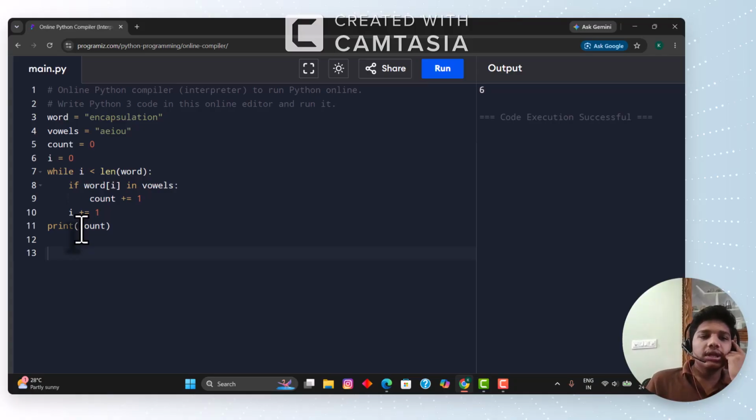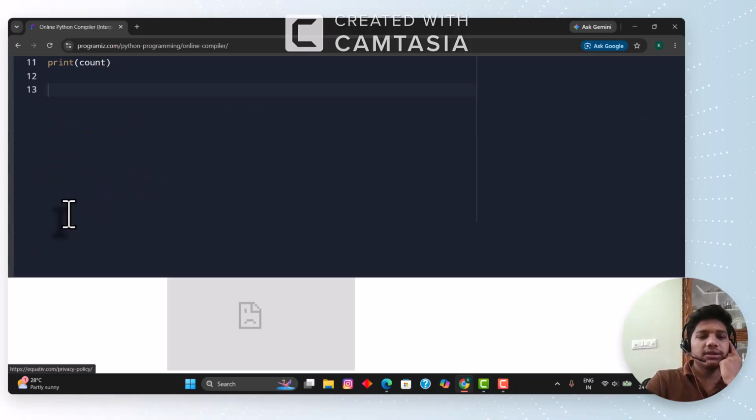Not only here, in many things. So when you are giving the indentations, be careful. If you give this i plus 1 here,